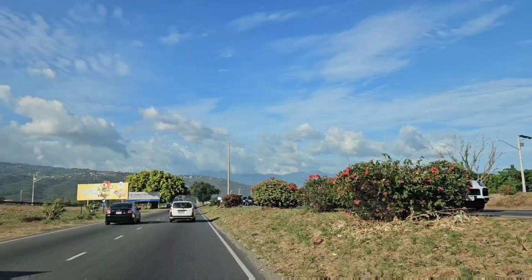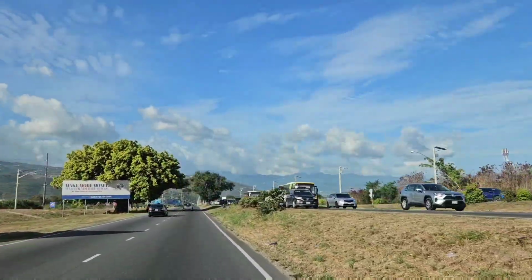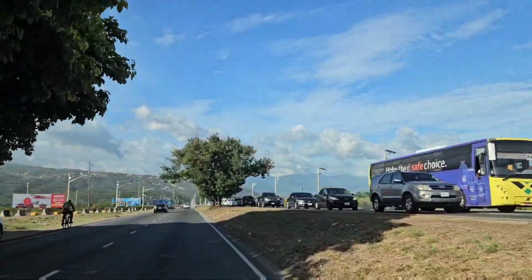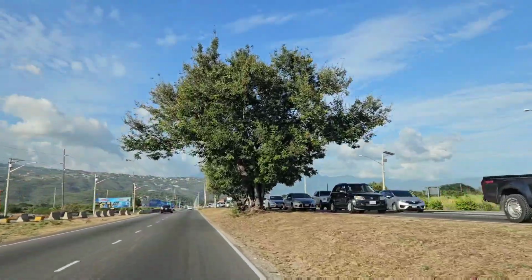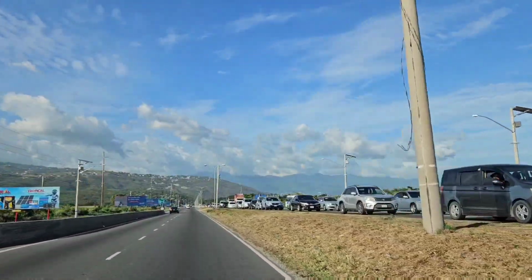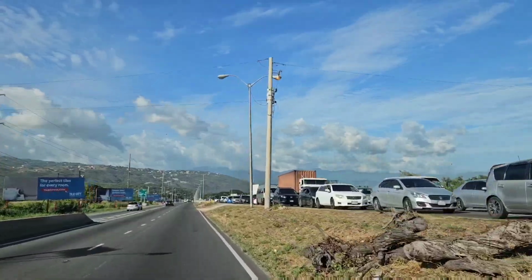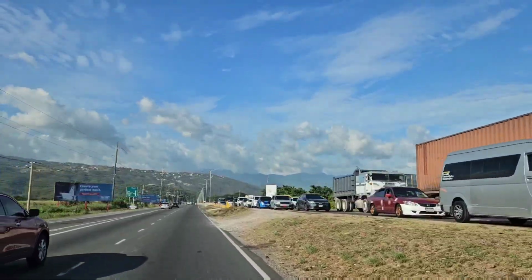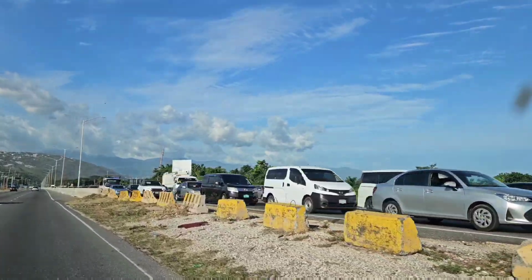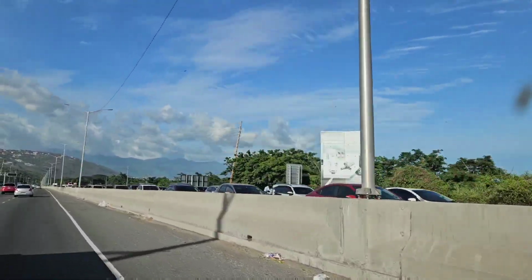Today we're going to talk about 5 other largest road projects that they have in the works for Jamaica. And we are driving on Mandela Highway because 2 of these projects involve Mandela Highway. Now we're just going to go through the 5 of them, not in any order of priority or importance. So I think since we're on Mandela, we can start with the 2 that